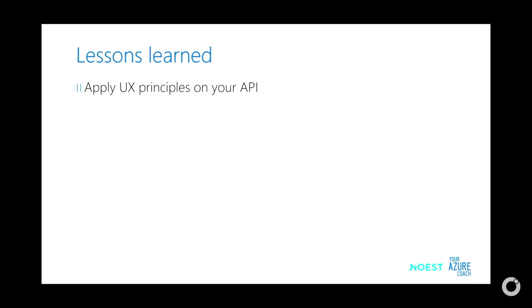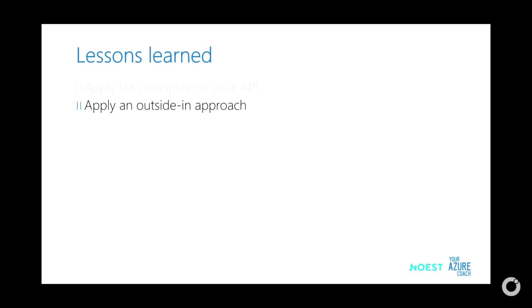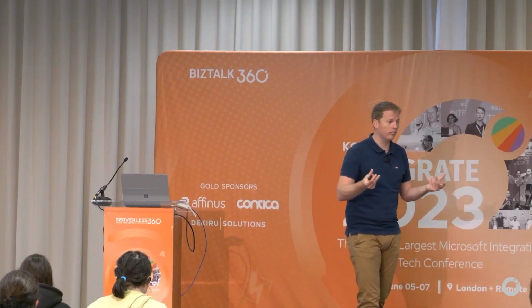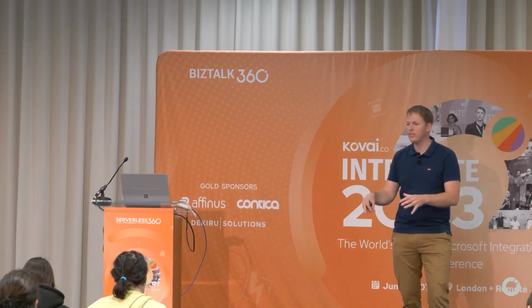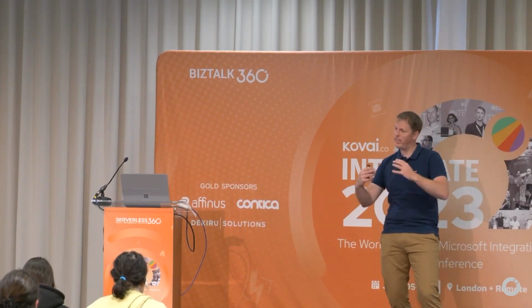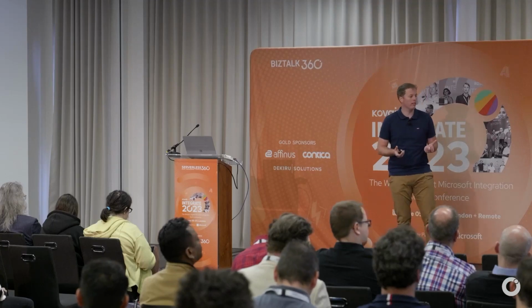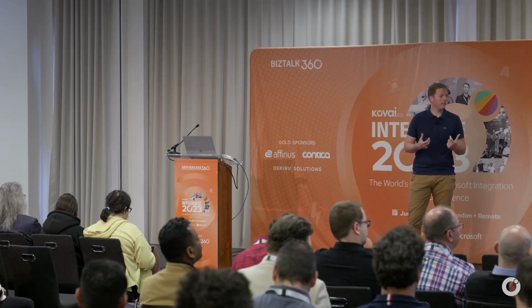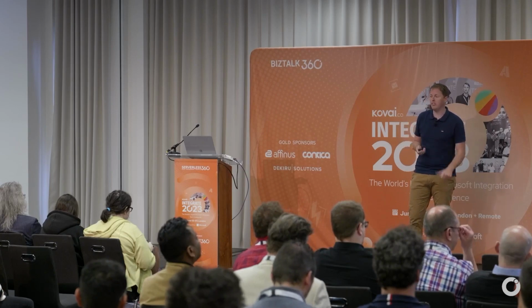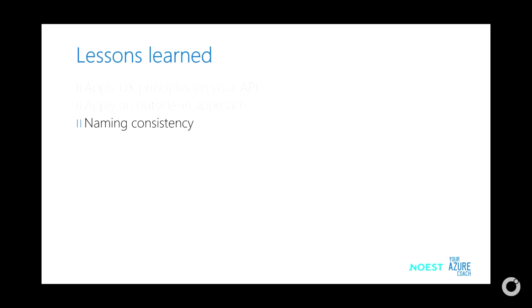Some lessons learned while designing it. I think the first two are really lessons learned for every API. Think from a user perspective, and in this case, the user is your API consumer. And think outside in. Don't think, I have already my internal database or system of record, and we will expose that exactly to the outside world. No, really think from a functional perspective and choose good naming, no technical names, but really business names, very important.